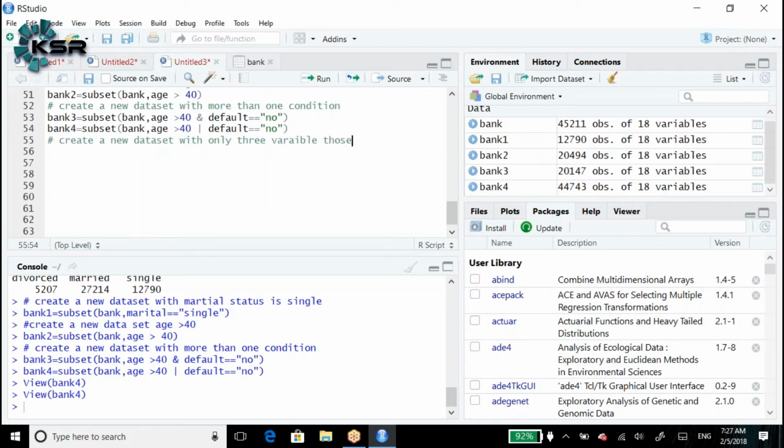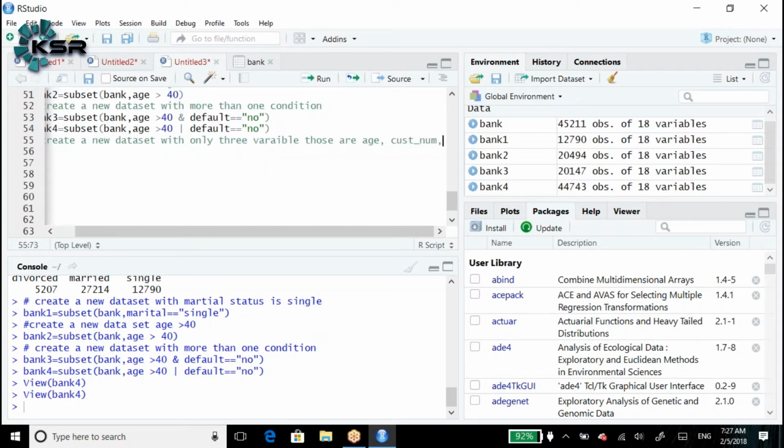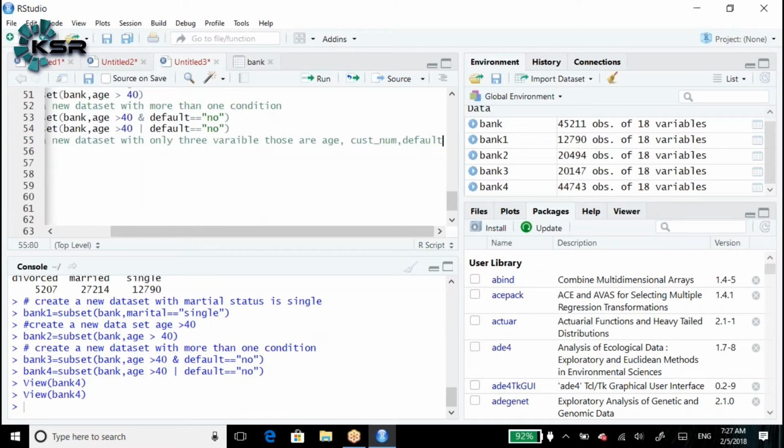Those are the age variable, customer number, and default.